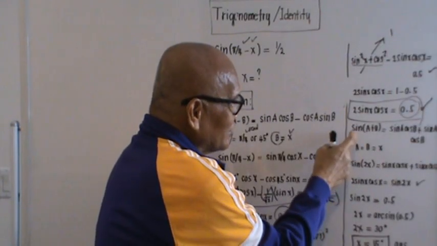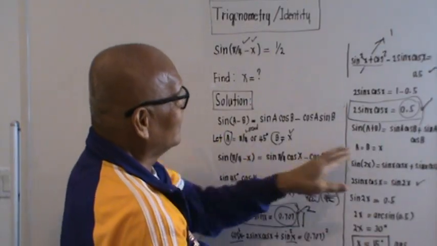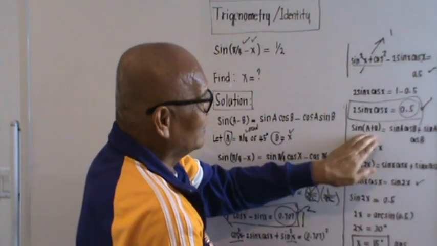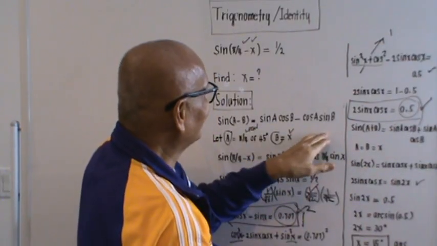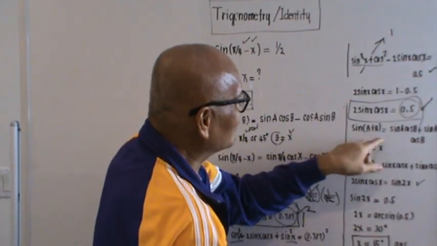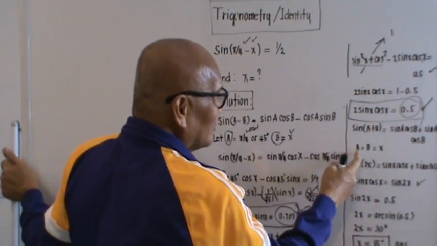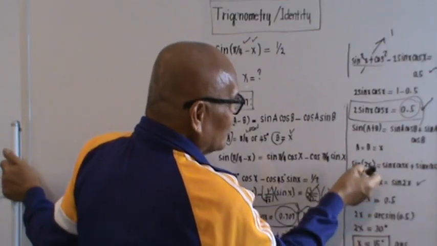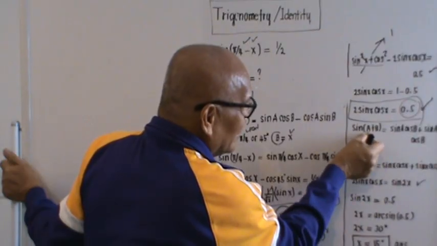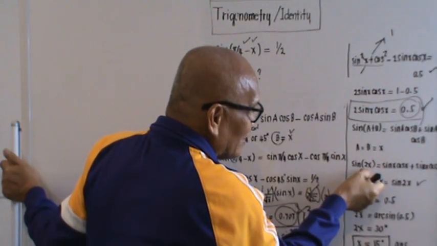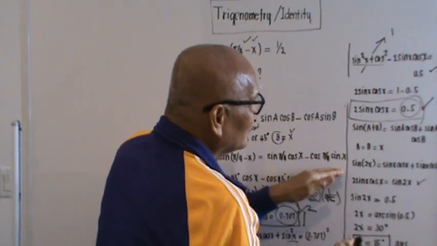We will recall that the sine of the quantity a plus b, the first one is actually a minus b, right? Sine of the quantity a plus b. If we try to expand this one, it is the same as the first one, but since this is plus, this should also be plus. In which the value of a equals b equals x. So if we replace a and b by x, x plus x will now be sine of 2x, the left hand side. And this should be equal to